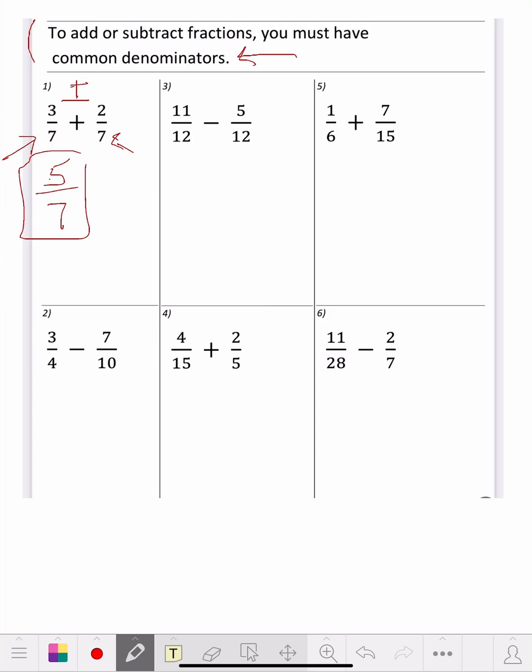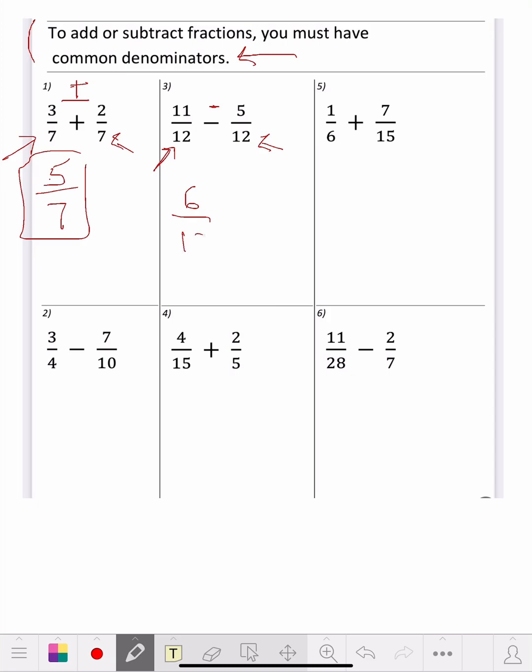Okay, now let's move on, okay? I'm going to go straight across. I kind of like that. I notice how they go up and down here, but I'm going to do number 3 next, okay? Now, what we have here, both the denominators are the same. They're both 12s. So, all we have to do here is 11 minus 5. So it's going to come to be